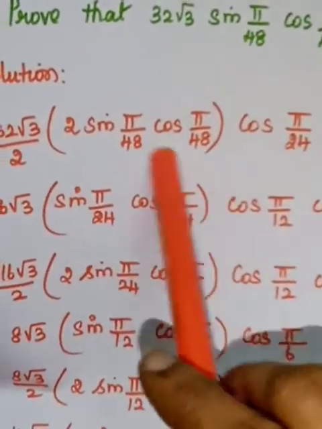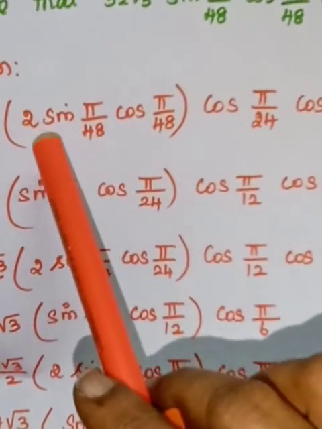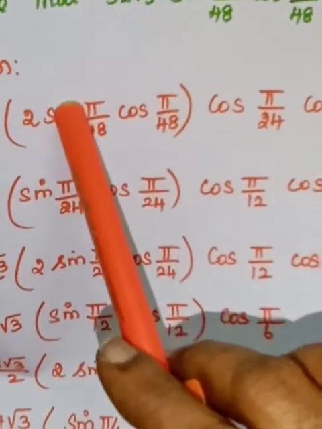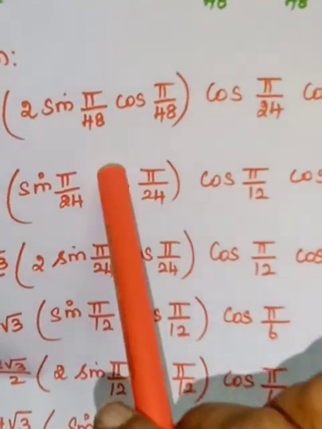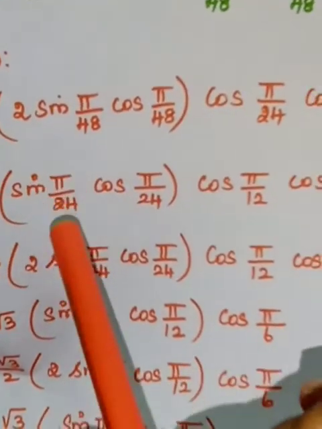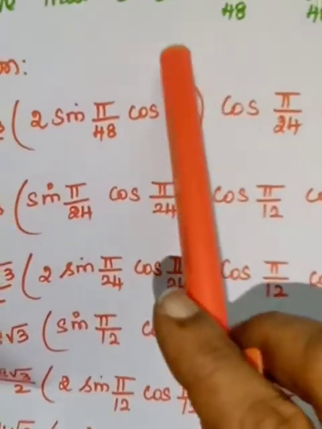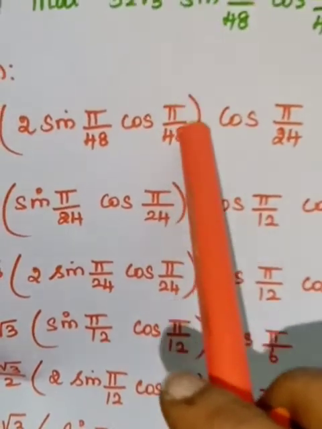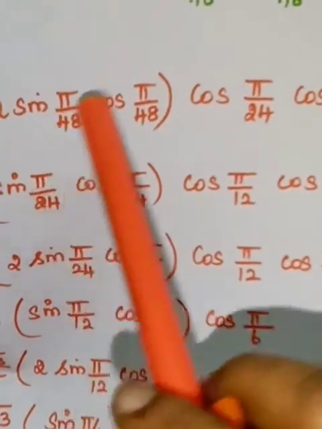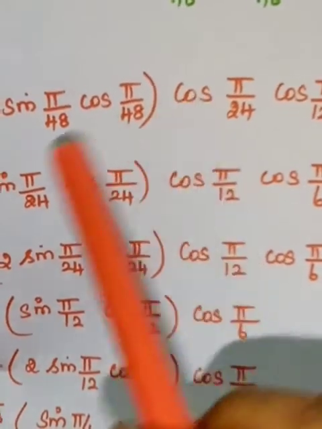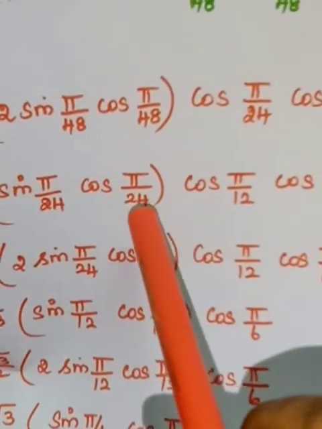So here also I have to apply the formula. What is it? Sine 2A. Sine 2 into pi by 48. So the 2 and 48 cancel, and what answer are you getting? Sine pi by 4. So for these, the 2 into sine pi by 48 and cos pi by 48, the answer is only sine pi by 4. So I combine along with that term, I have taken cos pi by 24 also.